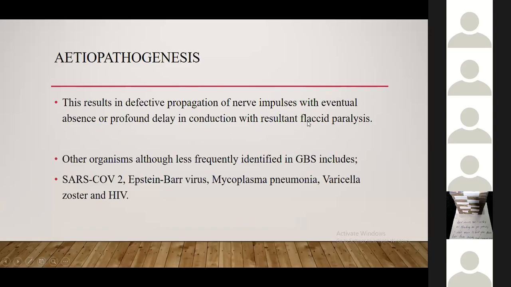The difference between this form of paralysis and the paralysis of a stroke is that the stroke will give you a spastic paralysis. If someone gets a stroke and becomes paralyzed, in the initial phase the tone will be decreased, but as the stroke stays for long, the tone increases. That's why in stroke patients, when you try to check for tone, you realize they have hypertonia. The type of paralysis you have in stroke and other upper motor neuron lesions is a spastic paralysis, but in lower motor neuron lesion,